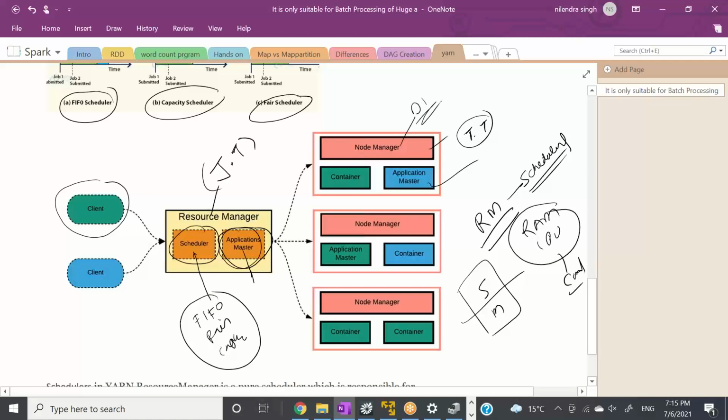So see, in very, very simple terms, everything is a daemon or software which is running on some machine. Behind the scenes, everything is a physical machine, like a laptop. Inside this laptop, there are multiple software running, right? Resource manager is one of the software. Node manager is one of the software, but behind the scenes, everything is a data node. Data node means a simple machine, right?